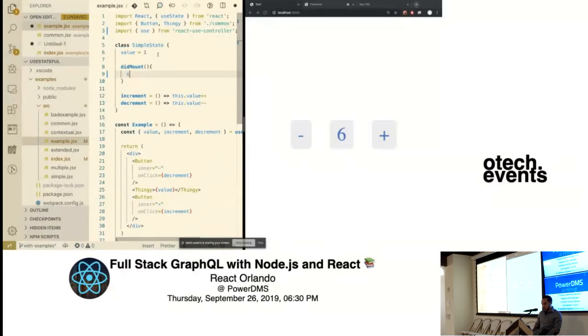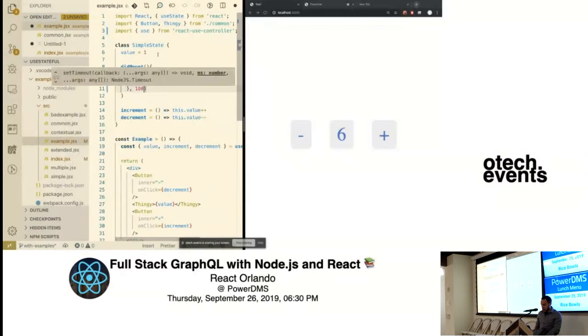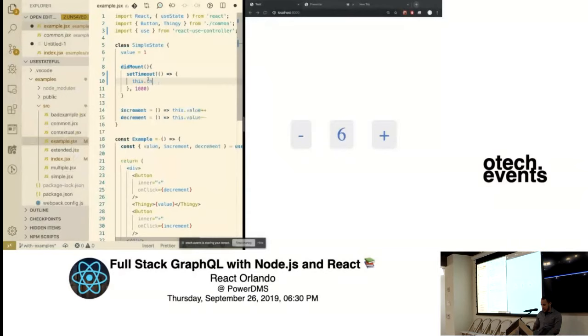I can use a function, go over here, set it to 1 second each time, and in here I'm going to just say this dot value plus plus. Now every second it's just going to auto increment, because what you're doing is editing this value, and then you're just having a function that is called, and it just works.